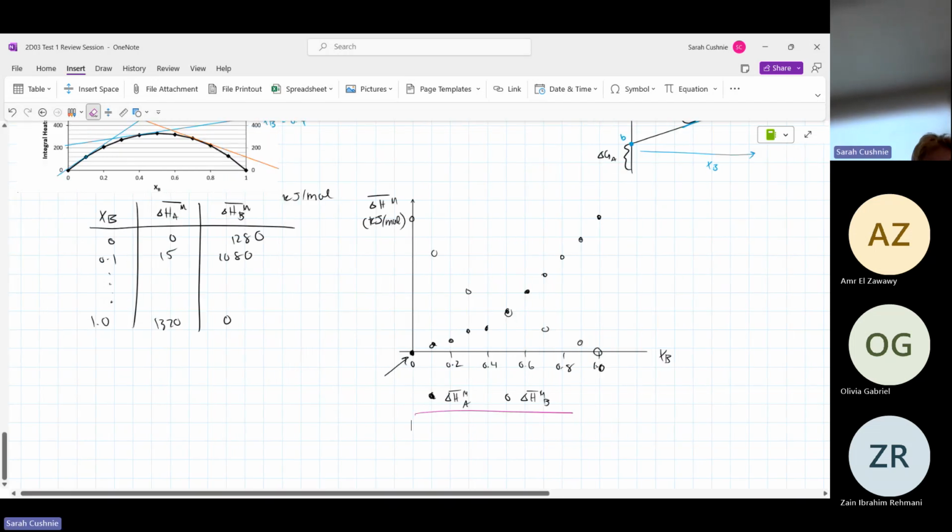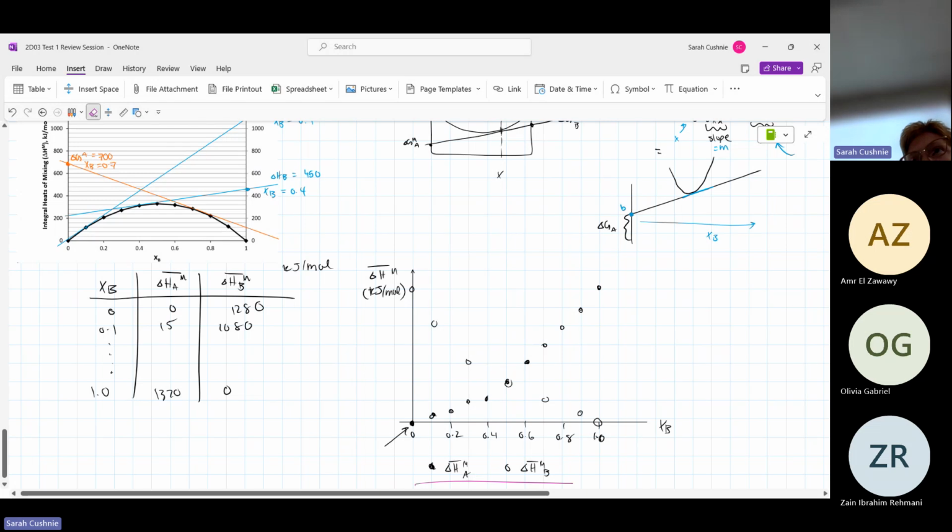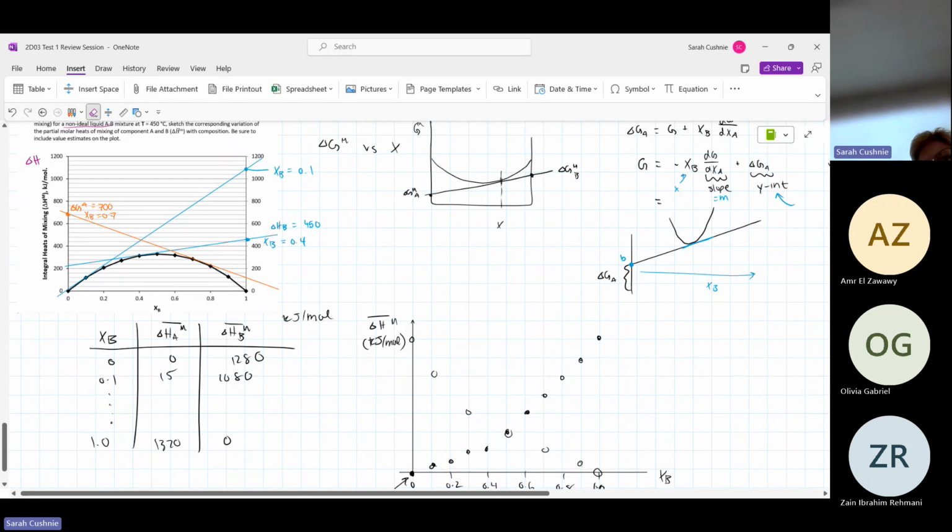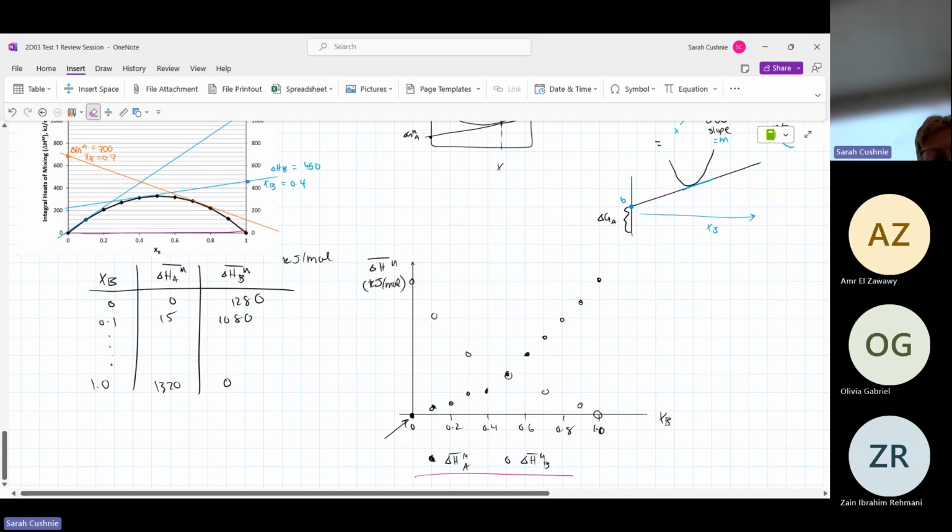So if we had an ideal case, the delta H of mixing is actually equal to 0 the entire time. So it looks something like this. The fact that we're having a funky thing describes why we have the funky behavior here. Does that kind of make sense? Plotted 2 dots. Yeah. Got it. Thank you. And that was the end of the test. Was our question there? Yeah, that was all I wrote.